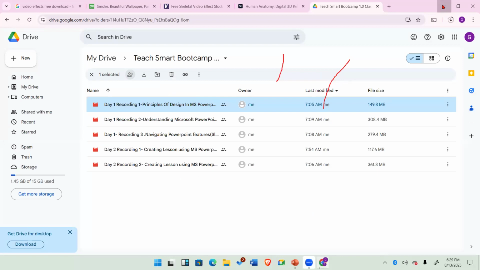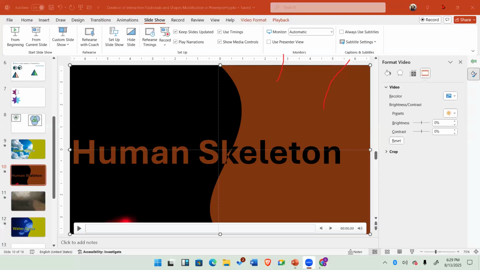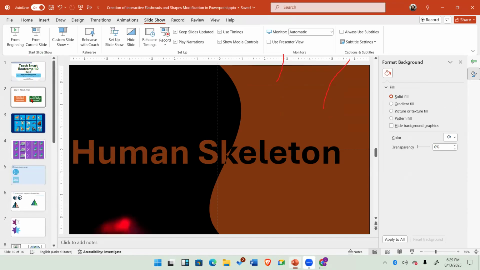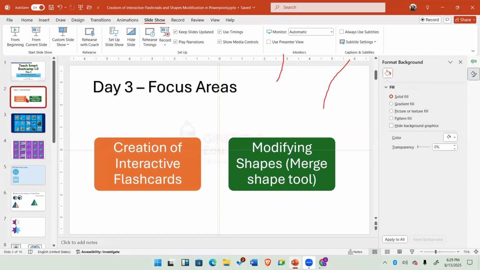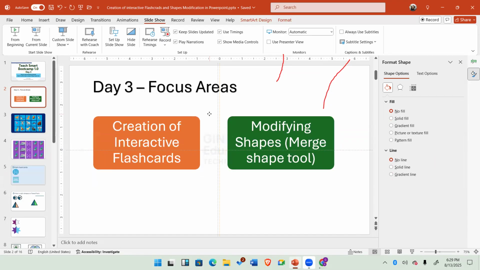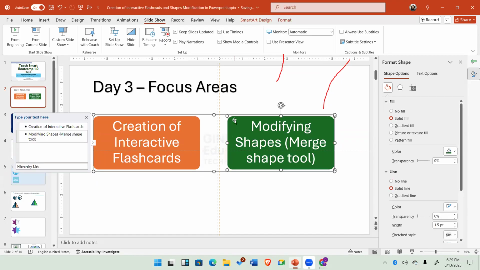And then, Ms. Felicia, you pointed out that you didn't understand how to link, or it wasn't working for you from your end. Okay, so I'm going to explain it using this slide. So let's say I wanted to link this to a slide. I wanted this, okay, where is modifying shapes? Okay, so let's say I want to link this to